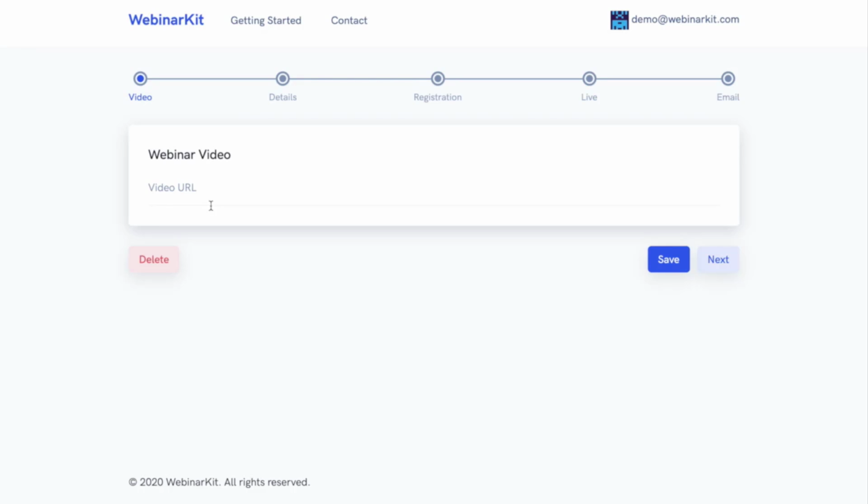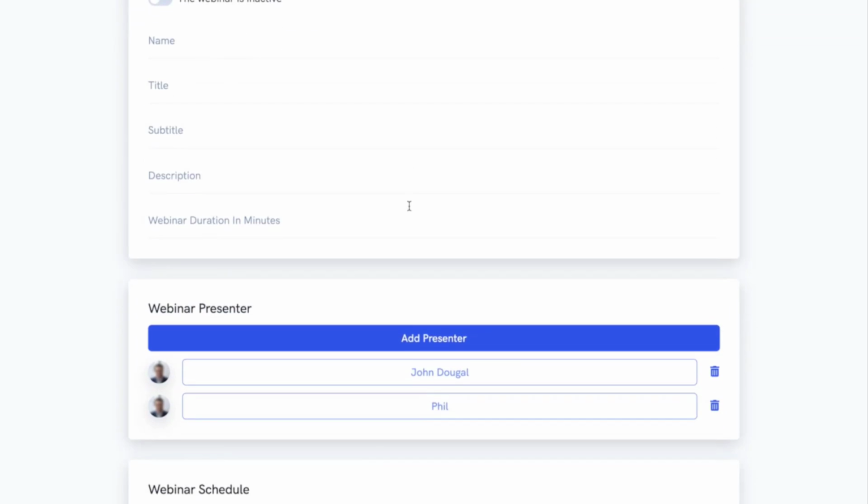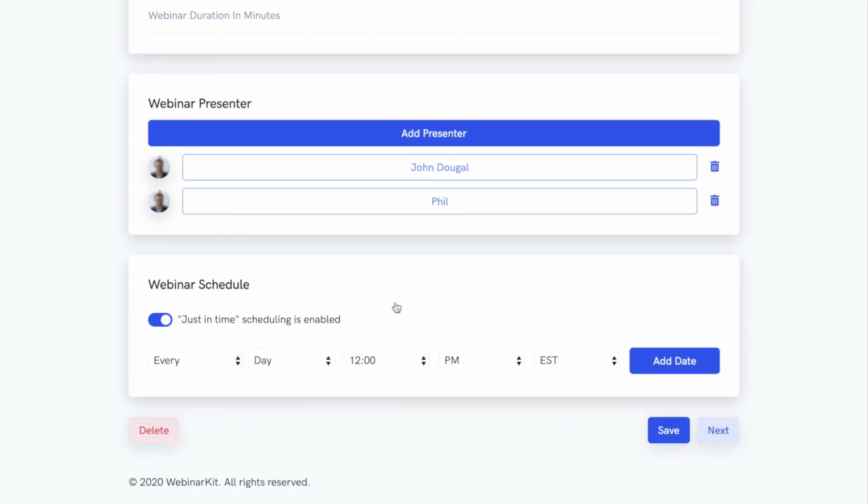Super easy, super simple. On the next step, we'll be asked to fill in a few details like the title and description of the webinar, the person who will be presenting the webinar, and then lastly, the schedule of the webinar. Now, Webinarkit is very powerful in terms of its scheduling options, and it lets you create webinars scheduled for various